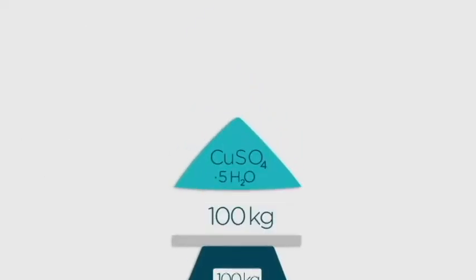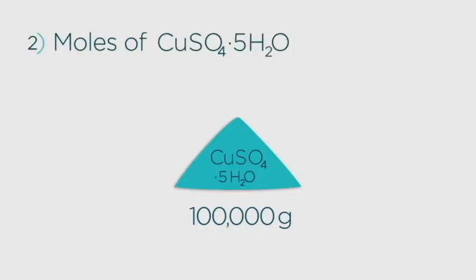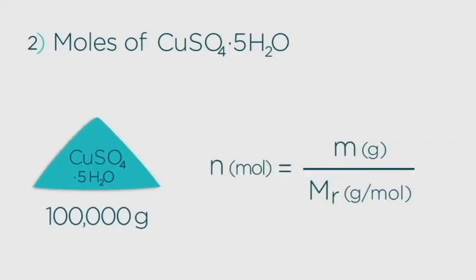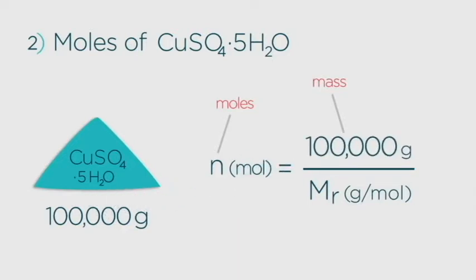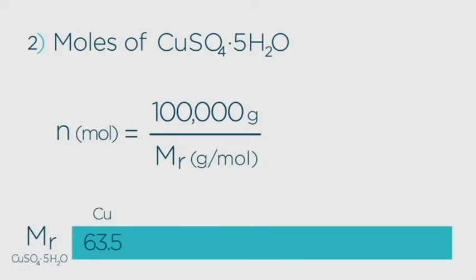100 kilograms or 100,000 grams of the copper sulfate are required. We need to know how many moles of the product this represents, and here's where the equation comes in. The number of moles needed equals the desired mass, 100,000 grams, divided by the relative molecular mass of the product we want, copper sulfate. Using your periodic table, you can work out that this is 63.5 for the copper atom, plus 32 for the sulfur, 9 times 16 for the oxygens, and 10 times 1 for the hydrogens, altogether making